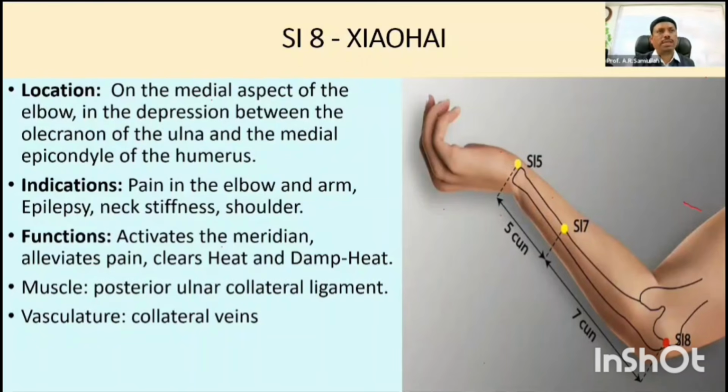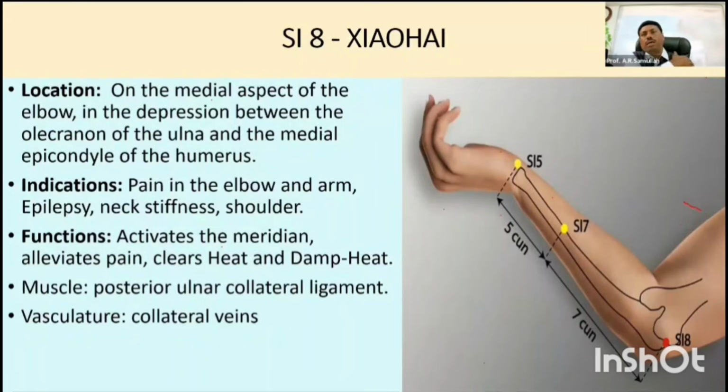So hopefully SI8, the people say I do have a burning sensation in my chest region, in my stomach region, on my epigastric region. After eating food, I get some kind of burning. Mild to moderate burning is different, but because of excessive secretion of hydrochloric acid, or maybe you had spicy food, hotel food, pani puri, masala puri, or an excessive amount, that time even patients will get a burning sensation. That time you just use this point to deplete the fire existing in the stomach. Therefore, SI8 is a good point for epigastric burning.